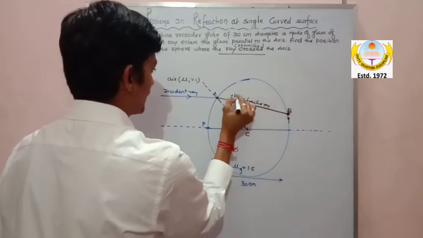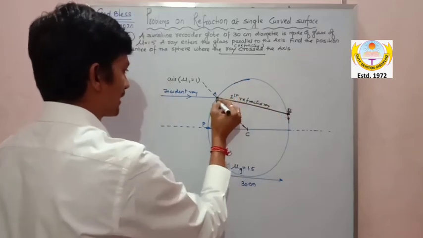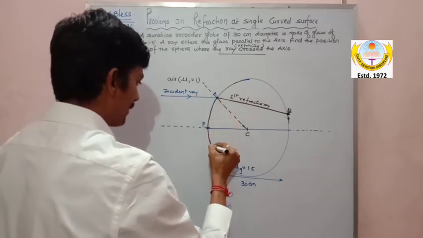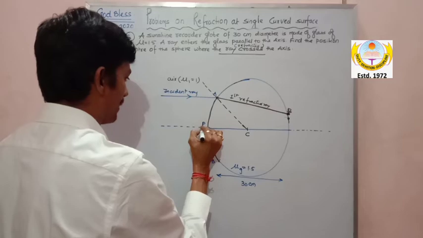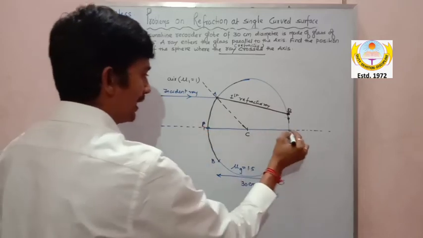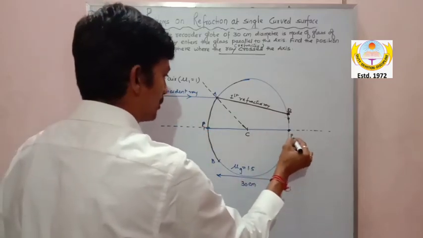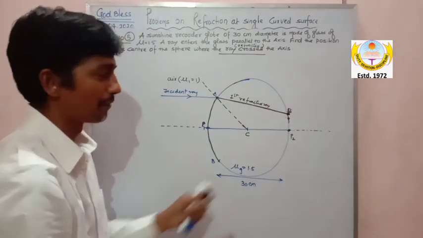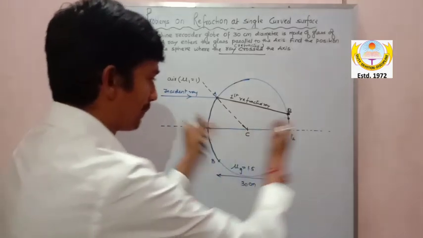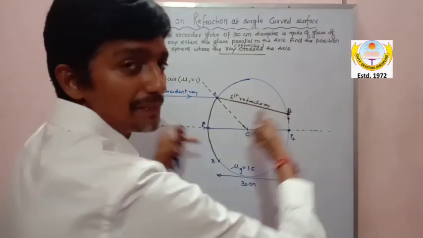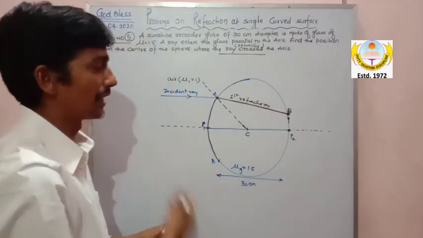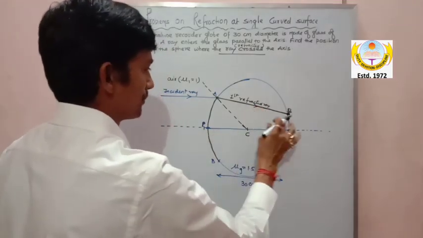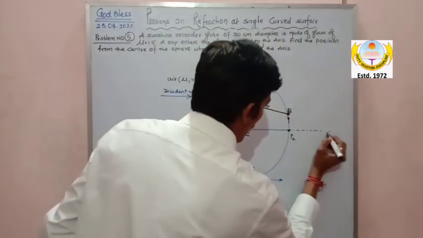It is called the first refracted ray because this is the first refracting surface. You can see this is the first refracting surface, my dear. Here I can mark this pole as P1. Here I can mark the pole as P2, my dear. Because the second refraction will also take place from this surface. Then only I can measure the distance from the center. So nice question it is. So now my dear, let us calculate first this much, whose image will form here.